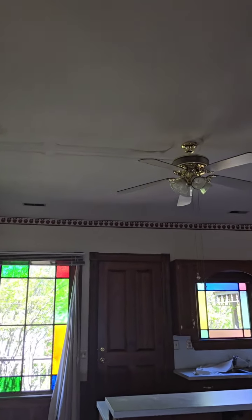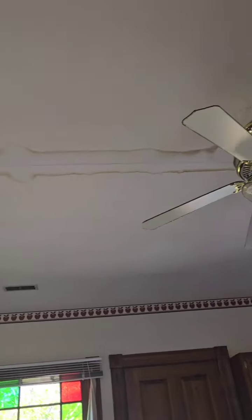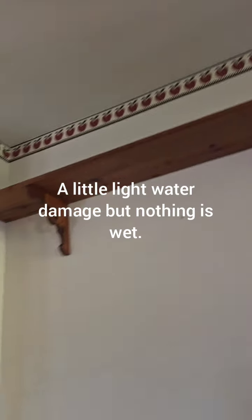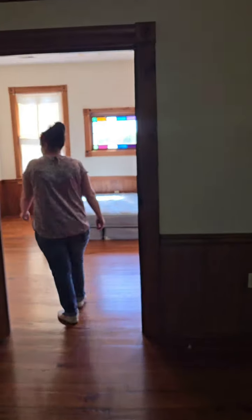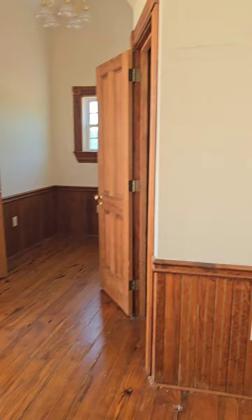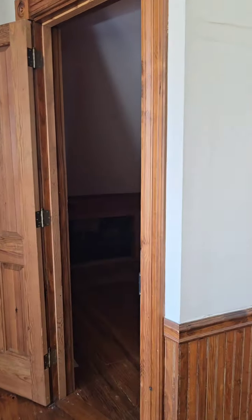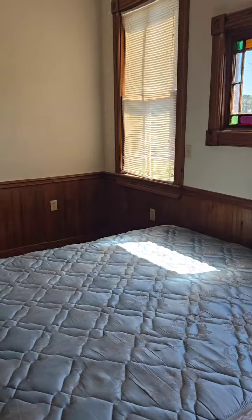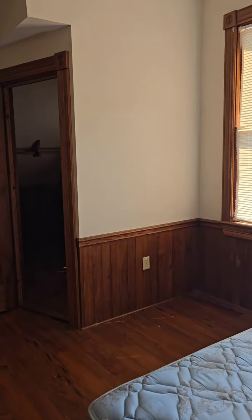You can see right here. This all flows nicely. Like I said, I think there'd be a way to open this up a lot and just make this into a bigger area over time. I mean,